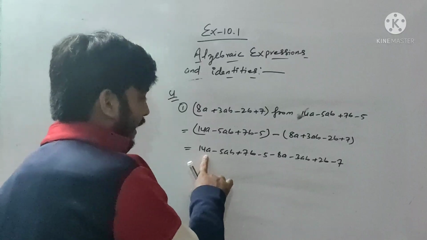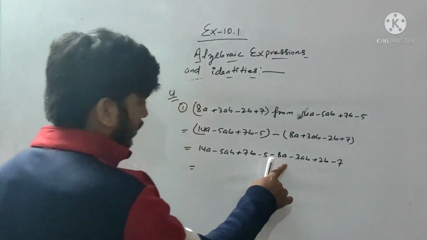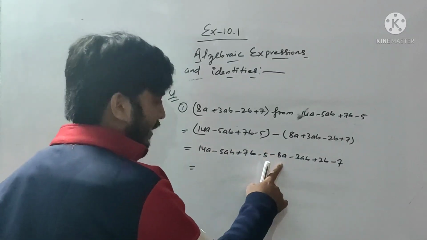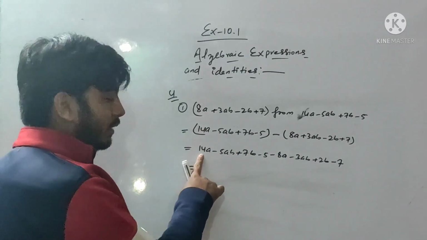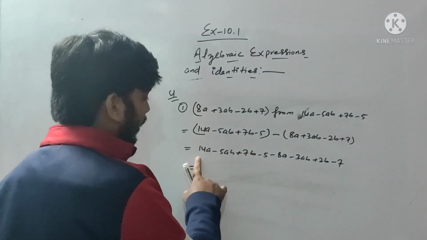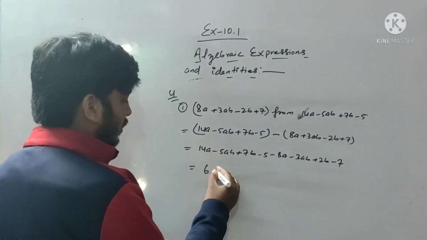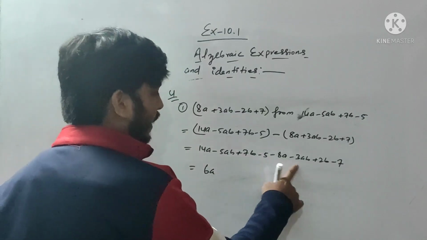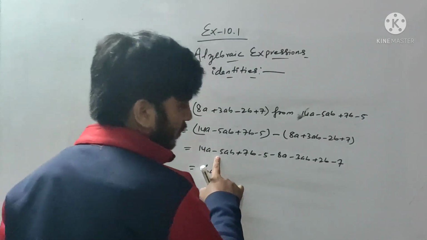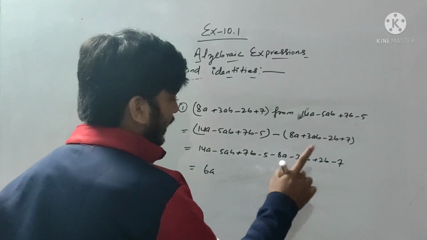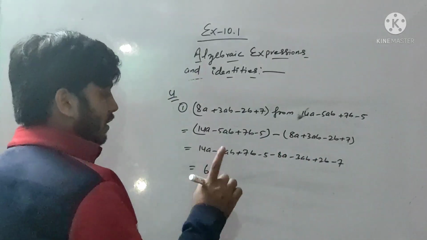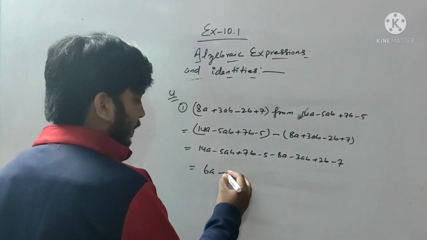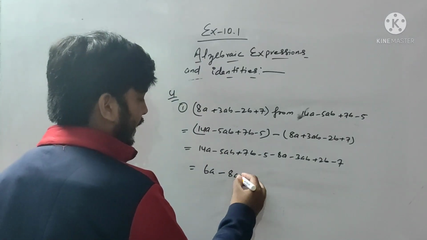So this is the a, this is a. From this is plus, this is minus, plus plus minus minus. So we need to subtract 8 from 14. So it will be 6, plus 6a. Okay. So this is ab and this is ab. Both are minus. So we have to add 5 plus 3, that will be 8. But the sign will be negative because the bigger one is with the negative sign. So it will be minus 8ab.